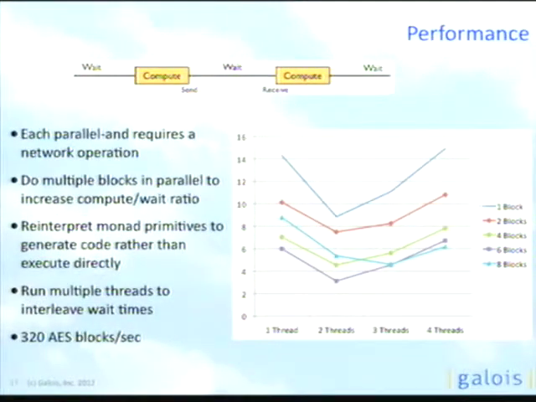This whole computation has the notion of do some compute and now do a network operation where you sit around and you wait, and now do some computation, and now do a network operation, and so on. We're on a fast network, and so we wanted to grow the amount of computation a bit in order to figure out how to take advantage of the most computation, and then we also interleaved a couple of threads, and so we measured to see what's the right balance of thread and computation in order to get the optimal. So we were quite pleased with the results, 320 AES blocks a second. That was quite an improvement from 6. And so it means now that you can run AES in this kind of setting fast enough to do real-time